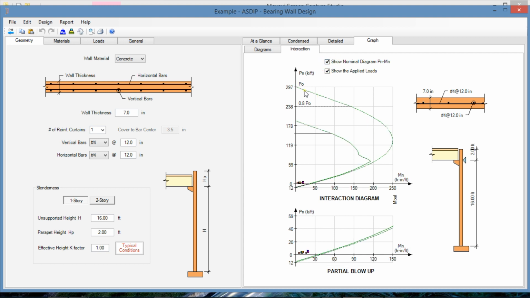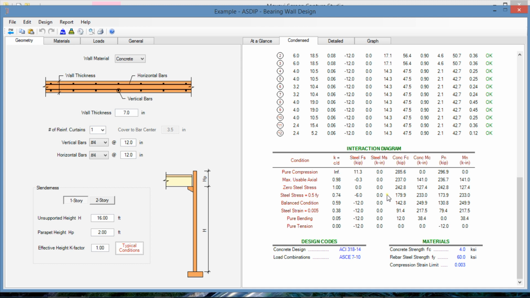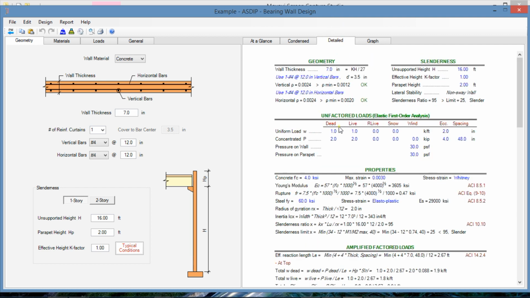It also shows the nominal interaction diagram and the design interaction diagrams affected by the phi factor, which is reflected in this table. This is the interaction diagram generated by the program for the typical most important points along the interaction diagram. In the Detail tab,